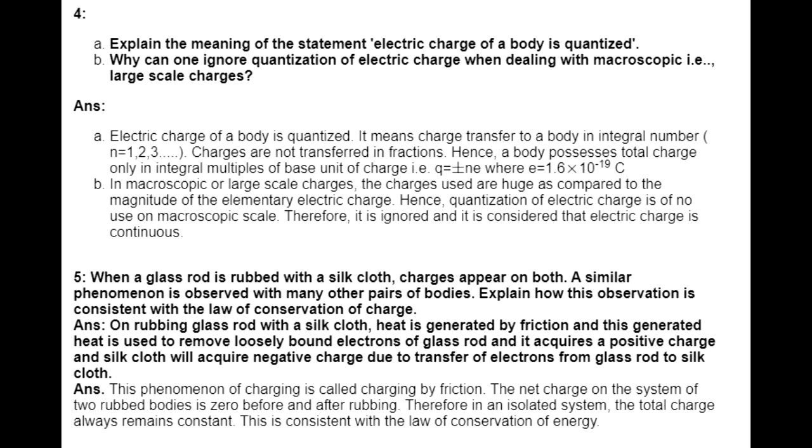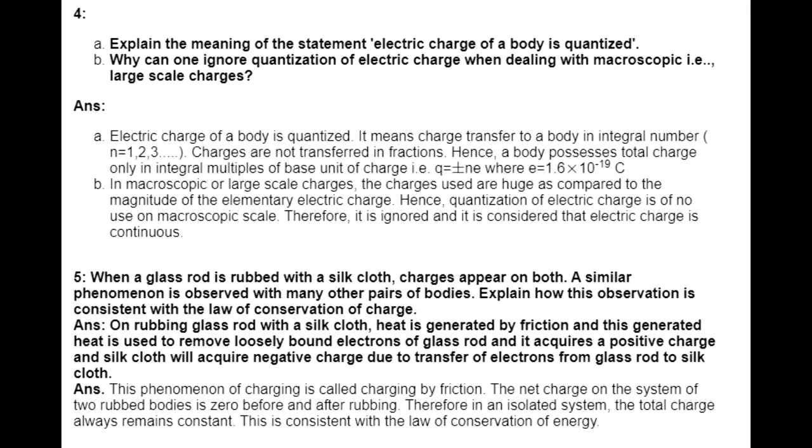That's why we can say the charge of any body is always an integral multiple of the charge of an electron or proton, and that's why the electric charge of a body is called quantized. This quantum, the smallest amount of charge, is the charge of an electron or proton. Another is,